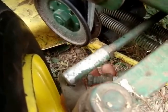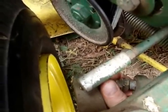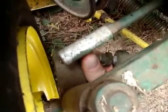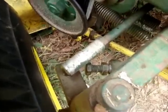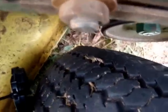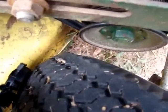I turn the lock nut out, and then I turn in the stop bolt, and I keep turning the steering wheel until I get a clearance that I like. I like to have a little more space between the tire and the pulley than is recommended in the John Deere manual,